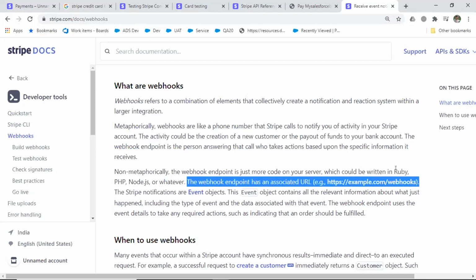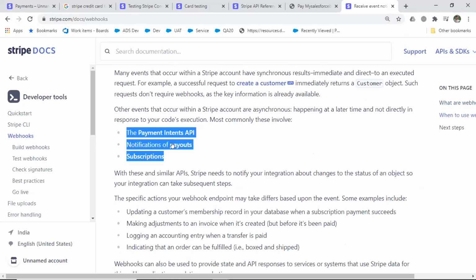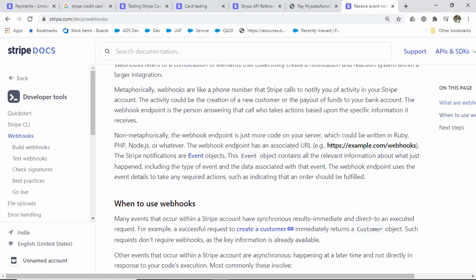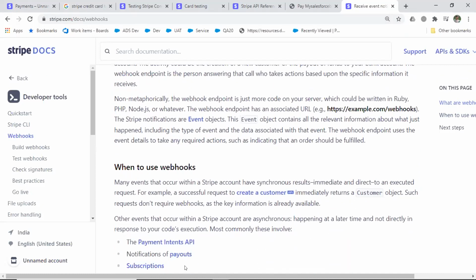Whenever some event happens within Stripe, that can be any event, they have mentioned here notification, subscription, payment intents, and anything. So any event happening in your account, which means your Stripe account, don't get confused with the customer account. It is your Stripe account, like you have connected Stripe with your bank account and everything, right? So any event happening with your Stripe account, the webhook creates some events, and that event is sent to this endpoint. So our endpoint should be designed in such a way that it listens to this webhook.